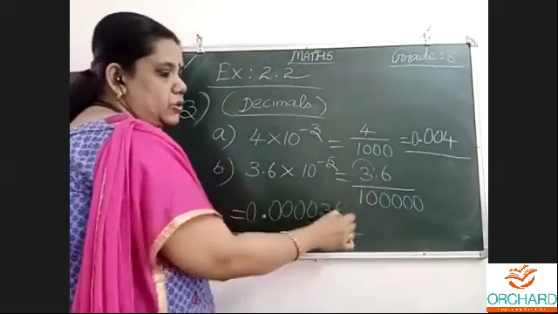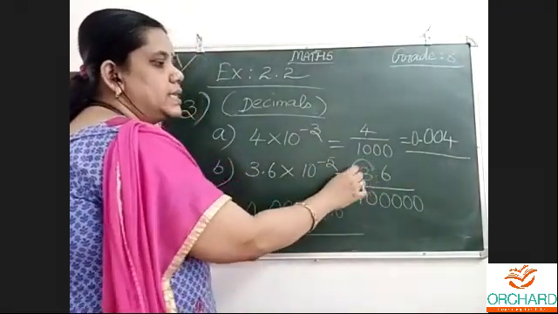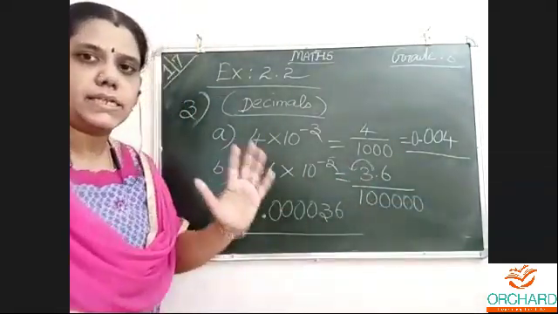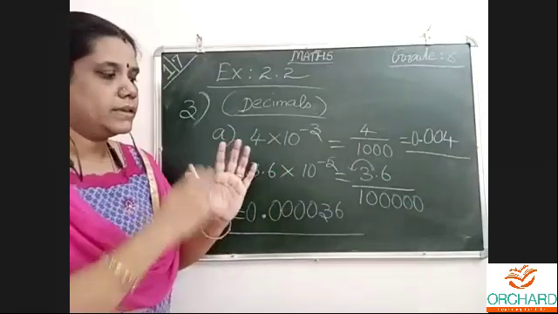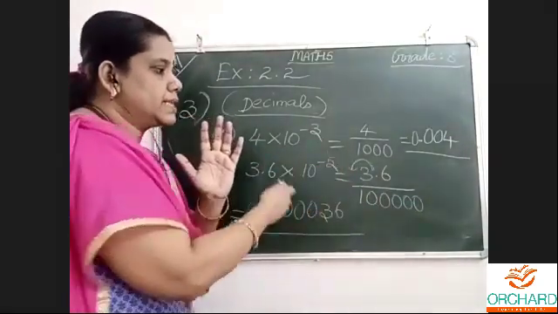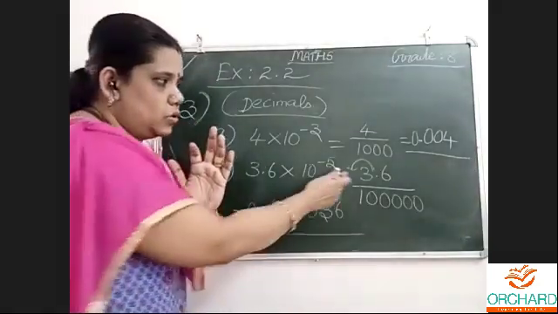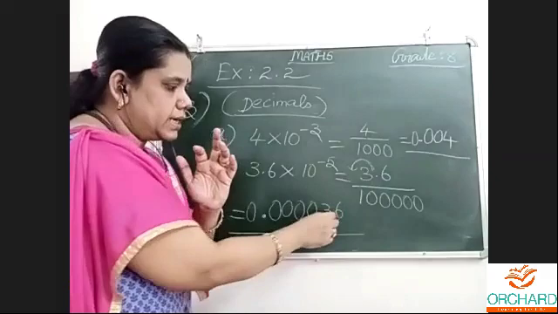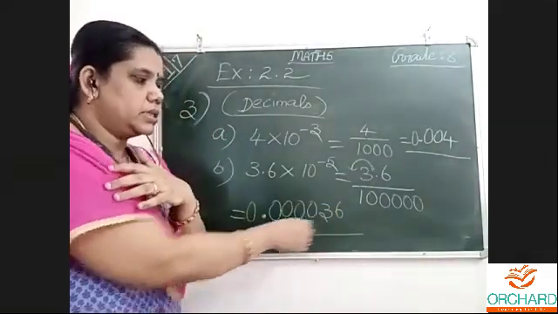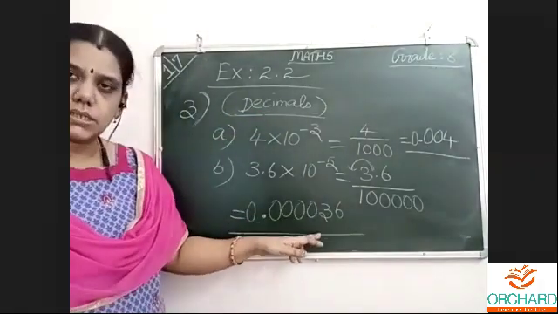This 6 is simply to copy. The point, 1 digit we moved. 1, 2, 3, 4, 5. 5 digits. I am dividing by 1 and 5 zeros, which means 5 places to move. Whenever we divide, it's like that only. So one number is here, remaining 4 are not there. So 0, 0, 0, 0, 0.00. Because this is in decimals we want. This is the answer.